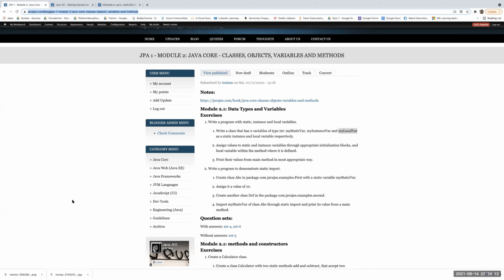Because after this basic Java and all, we will go to frameworks. But frameworks are optional for people with a DevOps background. Again, a little bit of framework knowledge is good. But we will be learning about package management tools such as Maven and all, which is very much important for both developers as well as DevOps engineers. Because DevOps engineers will be building and packaging and all those things in an automated way. But unless you know how to do it in a manual way, how will you do it in an automated way?